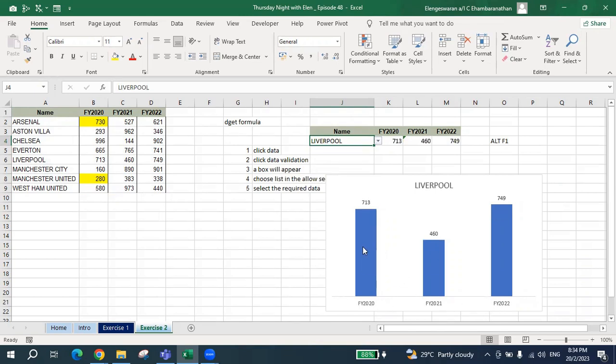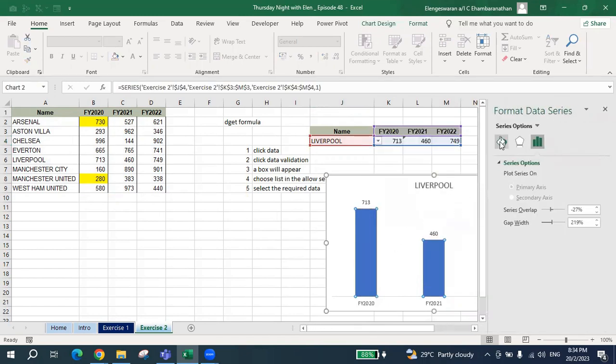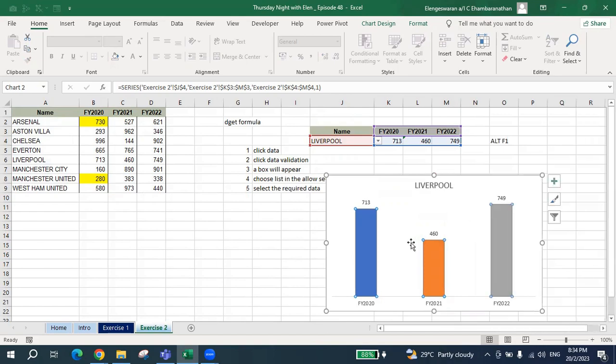Right, but you notice that all of these are the same color. So what you can do is you just click this, right click, format data series, you go to fill and line. All right, you go to fill and line, you click on the fill, you just vary colors by point, and then you close. So you notice all these are